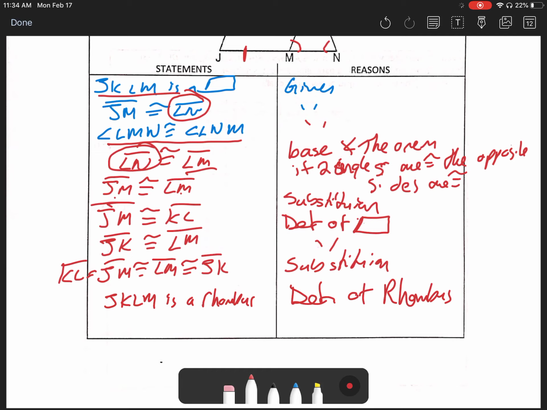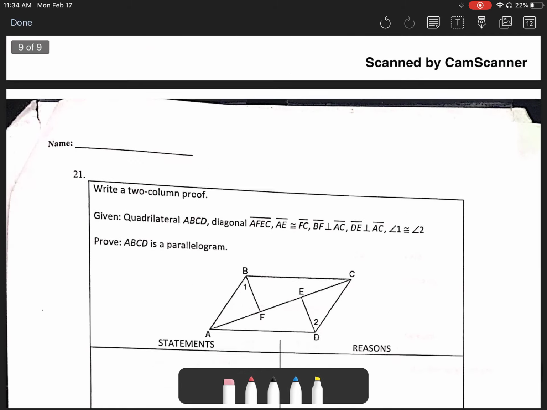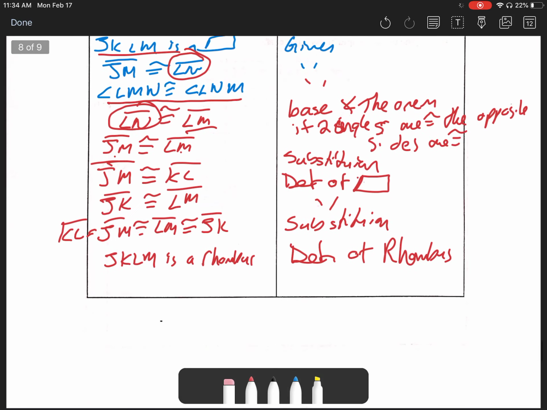Skip the last proof. It's a little much. We really haven't done a lot of this stuff here, but that's it for